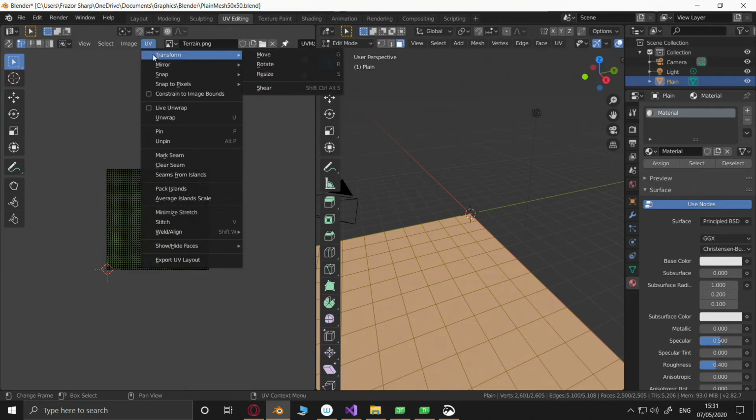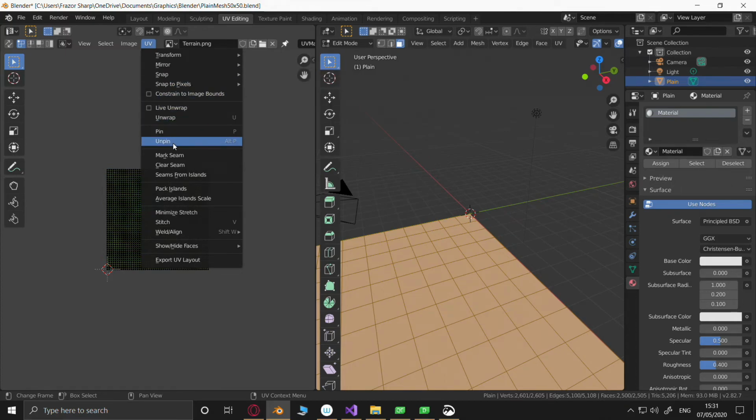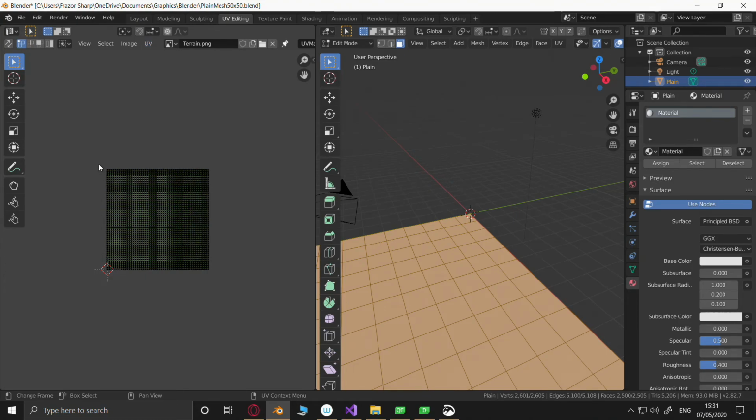I'd say resize, yeah. Snap to pixels, live unwrap, yeah. I don't know. No idea. Because that's what I want. What do I do? Just save it out and hope for the best?